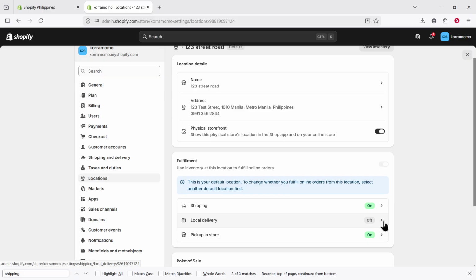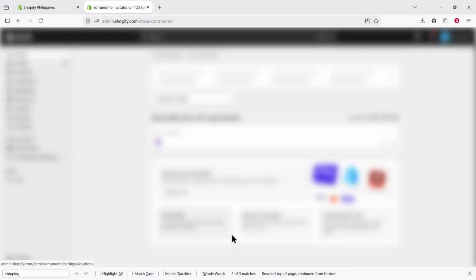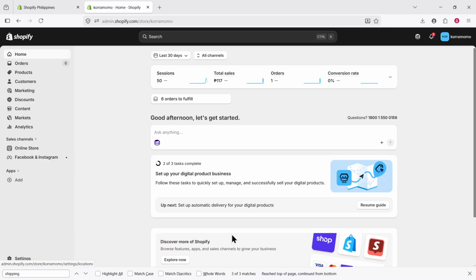After saving everything, the issue should be resolved if it was caused by one of these settings. If you had the wrong time zone selected, Shopify may have been treating the current date and time incorrectly. If the fulfillment location was incomplete or not enabled for online orders, that could also trigger the shipping date message. With both areas checked and saved, your store settings should now